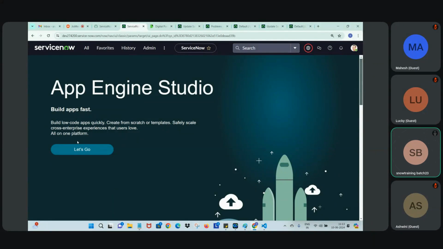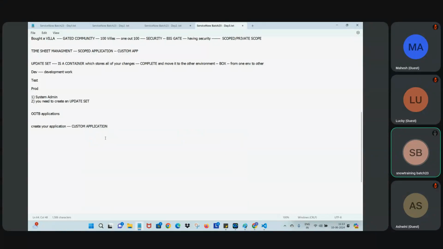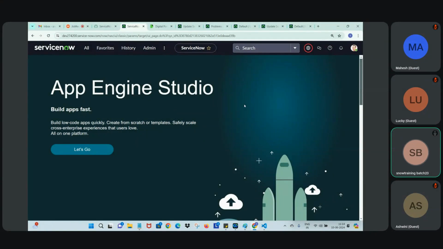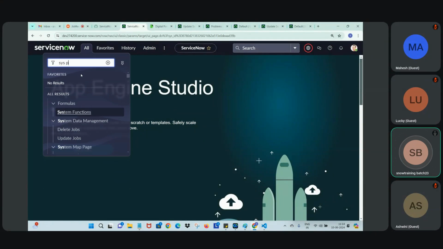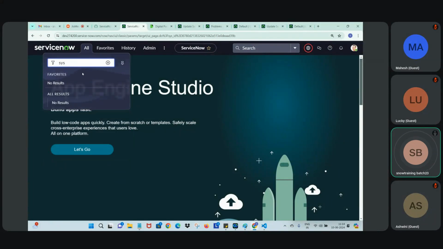Now, what is this UI called? This entire ServiceNow UI is called Next Experience UI. Earlier, we used to have UI 16, and then UI 15, like this. How can you switch your UI? Go to System Properties. If you type